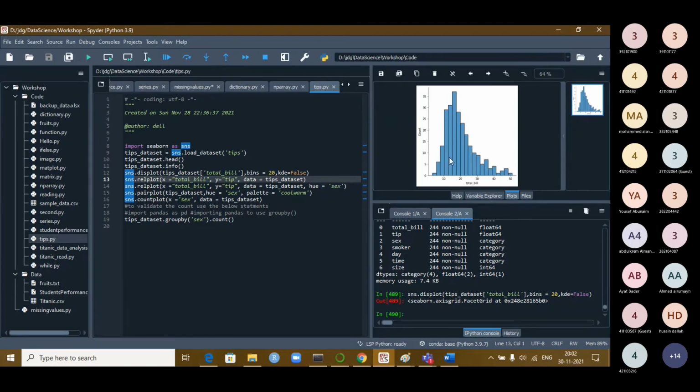So within the bills, around 35 to 40 bills are within the range of 10 to 20 bin they got it now. So 50 bill is very few. Few bills are made up to $50 or something like that. Okay, maximum number of bills are made in this between $10 to $20. So this is a maximum number of bills. So this distribution clearly tells you exactly where is your item.